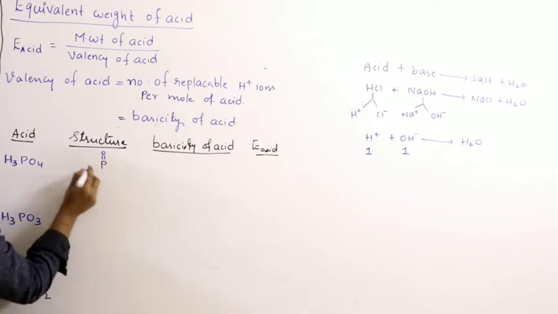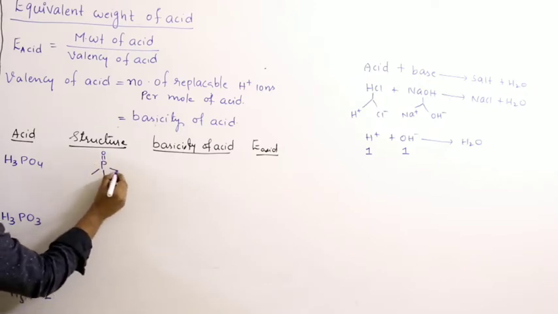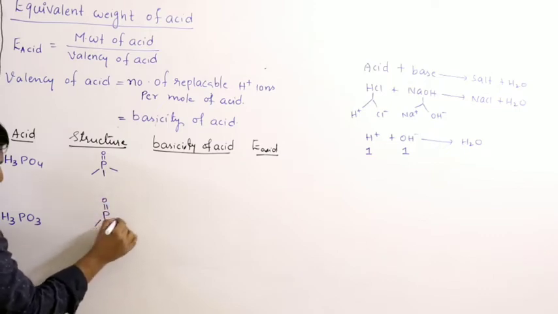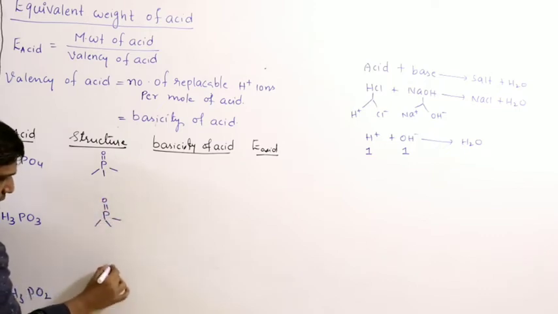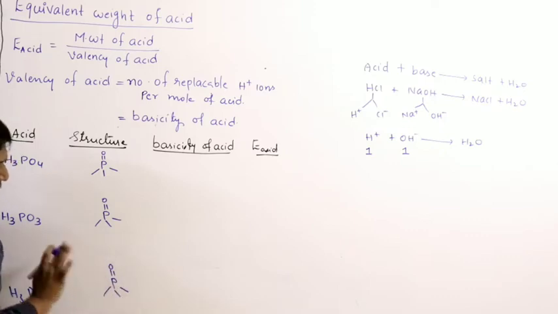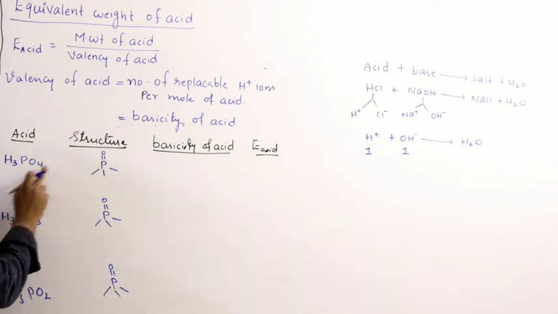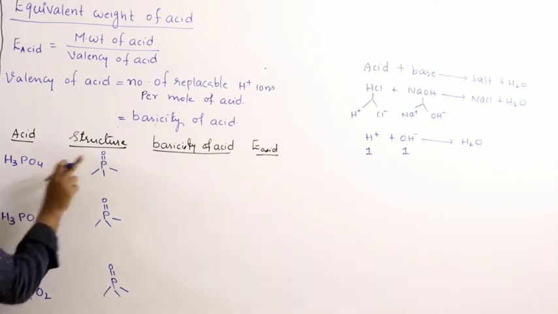So first one P double bond O, next 3 more bonds. Any oxyacid has a similar structure. This is how you have to write. P double bond O, 1, 2, 3, 5 bonds. So phosphorus forms 5 bonds. In any oxyacid of phosphorus, it contains one P double bond O and 3 bonds. Next, count the number of oxygens. 4. One oxygen is already present. Left over will be 3.